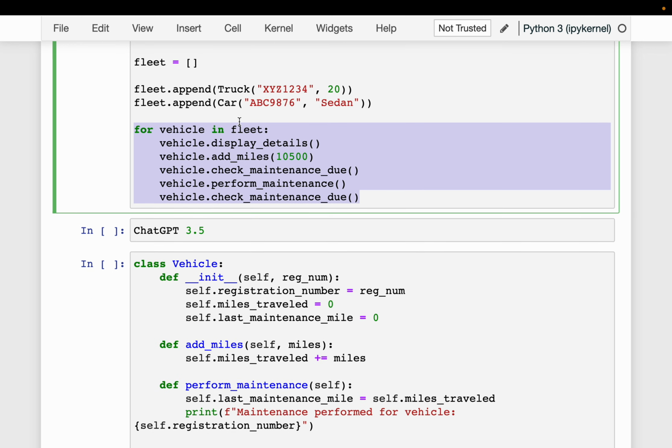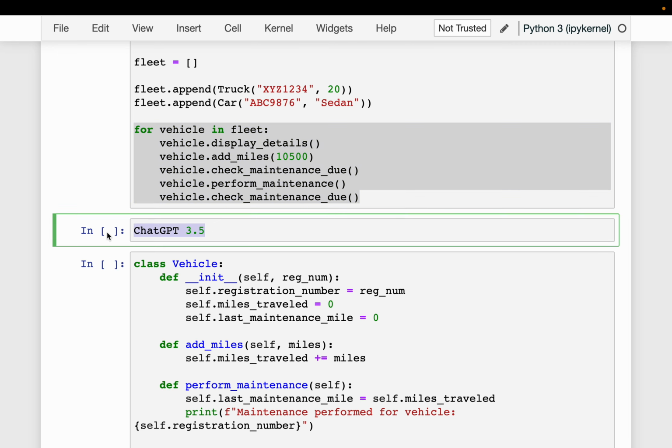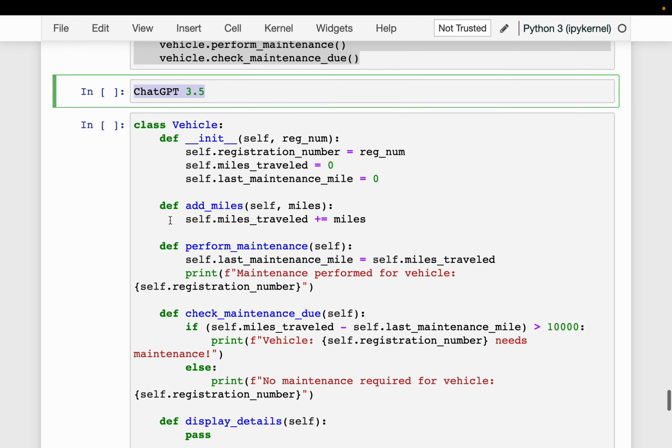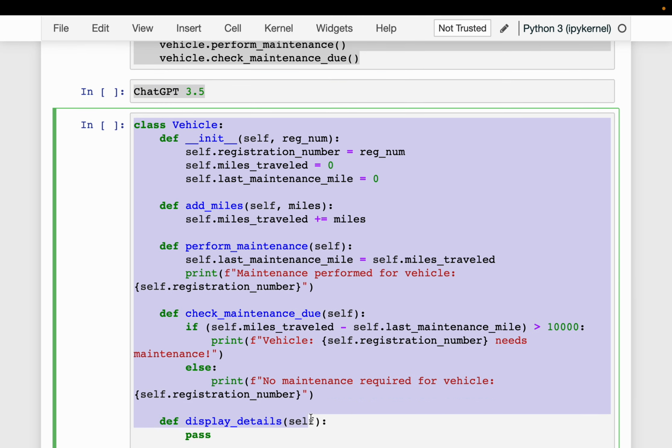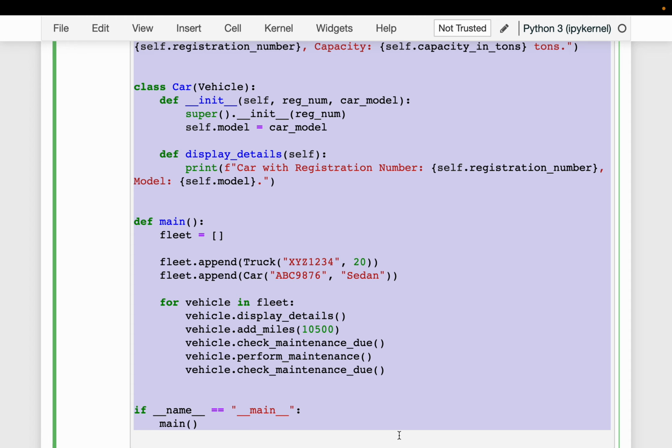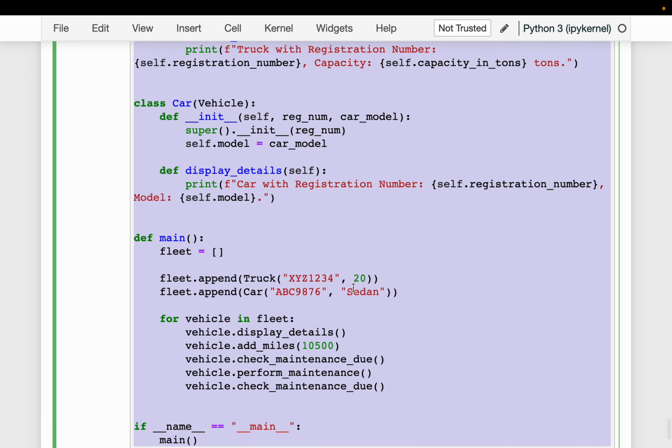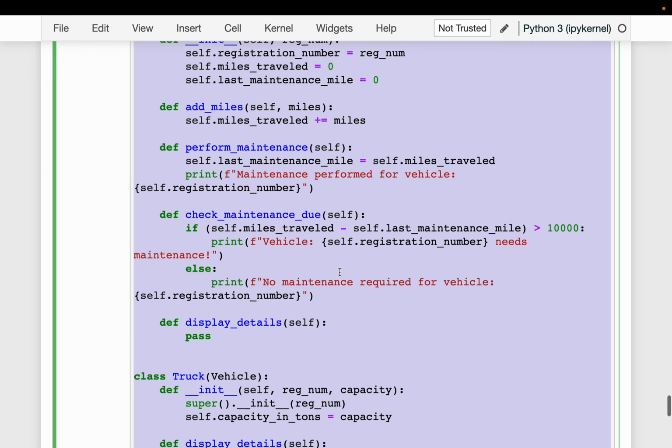I asked ChatGPT 3.5 the same question. So I provided the C++ code and asked it to translate it to Python. The output is exactly identical, a bit surprising. It is exactly identical, right? Everything is exactly identical, except that